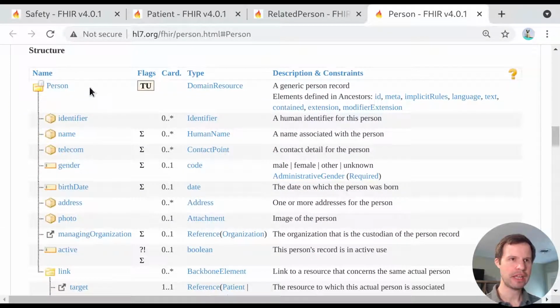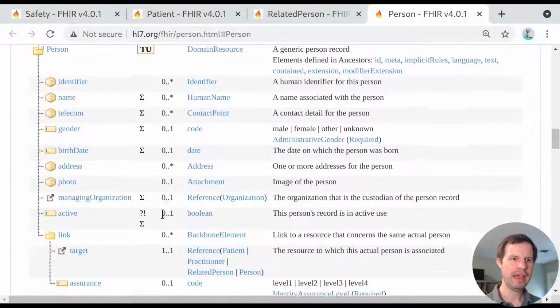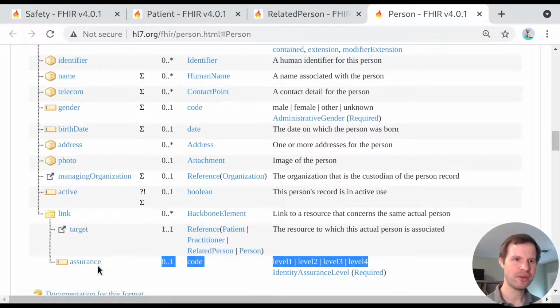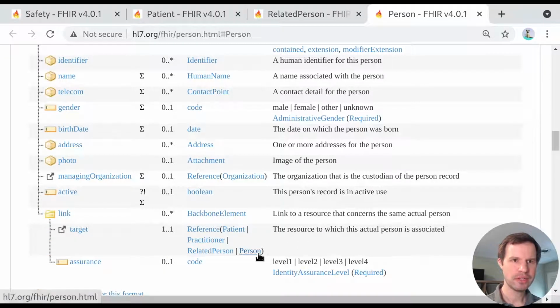And the idea here is it can capture demographics about a person, and it can capture, in a very similar structure to what we saw in patient, links, in this case to persons or related persons or patients or practitioners. And so the idea here is if you want to model a human being who shows up in your FHIR server as a patient and also shows up as 3 different related persons because they happen to be this helpful neighbor, this person resource is what you could use to tie them all together, to say, actually